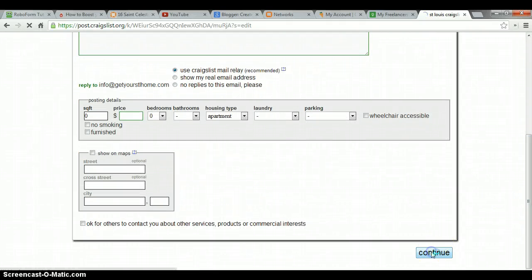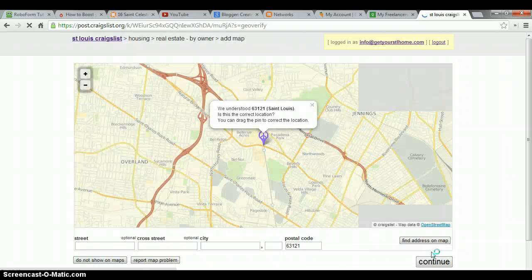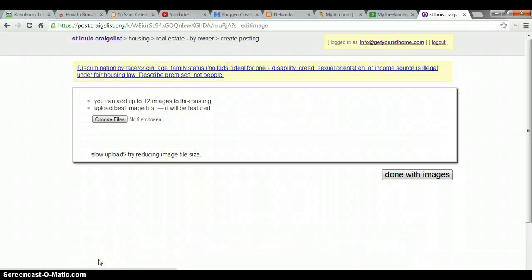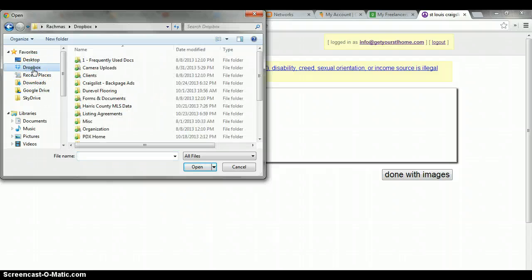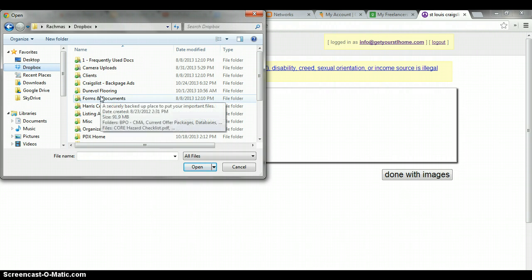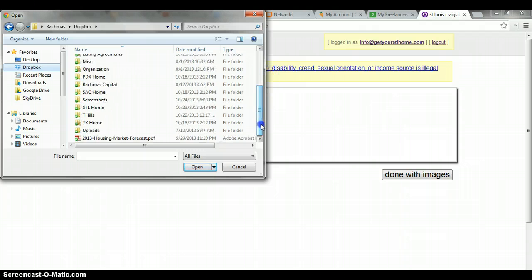So you're going to want to continue, and that's going to take you to this next page where it's going to map it. Click Do Not Show on Map. You're going to want to choose an image. You are going to have the images in question in each of these folders. So just take the one photo that's there and go ahead and post it in there. What it's going to go ahead and end up looking like is